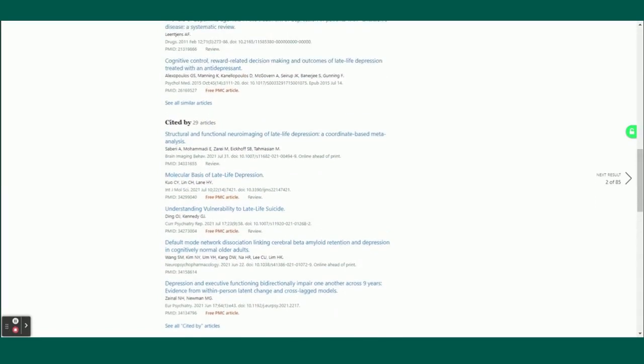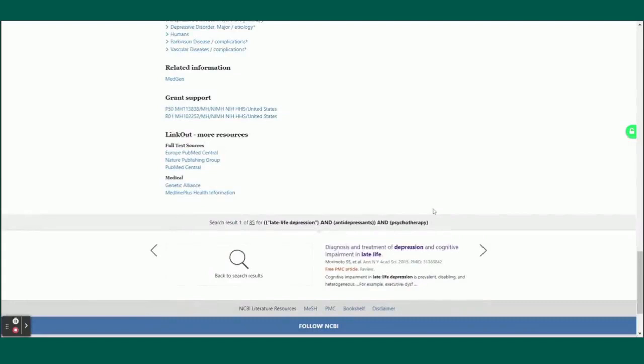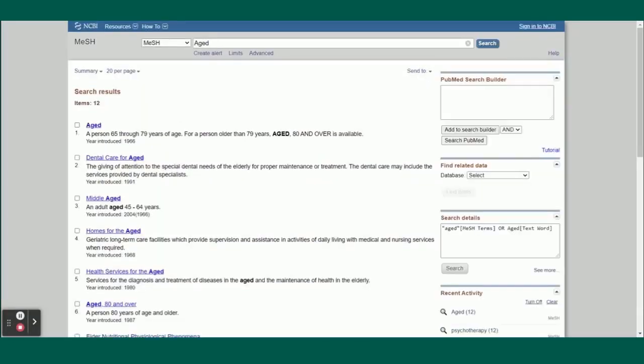Next, we'll explore the MeSH term section. Each article has a section that notes the article's assigned MeSH terms. Let's scroll down to that section and choose a term that directly applies to your search. Once we click on that term, you will see a drop-down screen of options. Choose the option to search in MeSH. We will now begin building a search using MeSH terms.